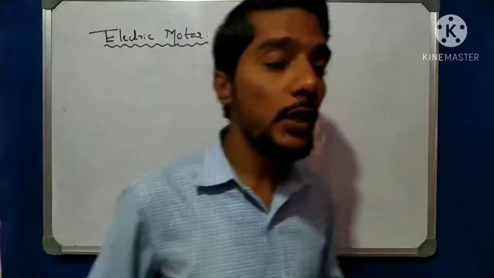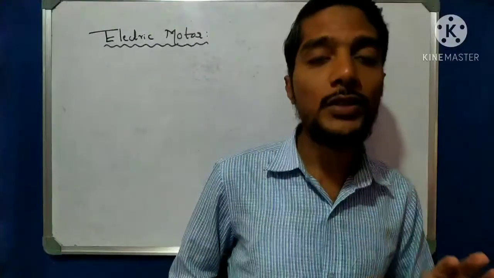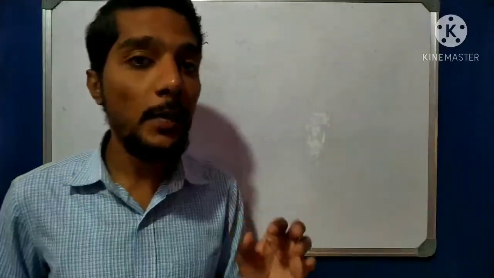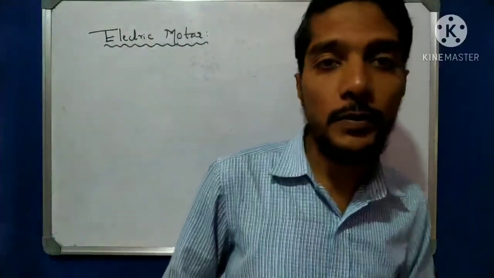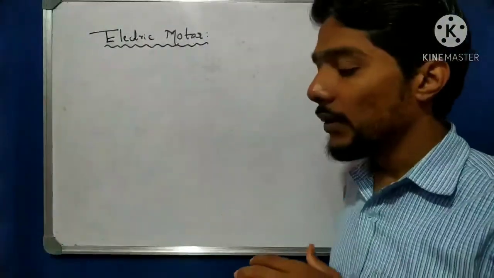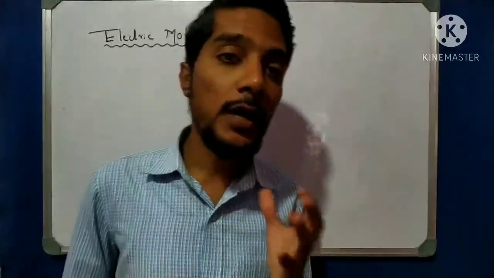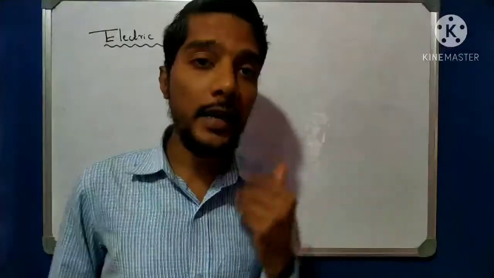Now let us come to the new concept, and that is very important. Here there is one 2 mark diagram, one 1 mark definition, one 1 mark principle and 3 marks working. So these are very important concepts of the electric motor. In this video we take some important points about the electric motor and try to understand the working, the principle, the definition and the diagram of electric motors.